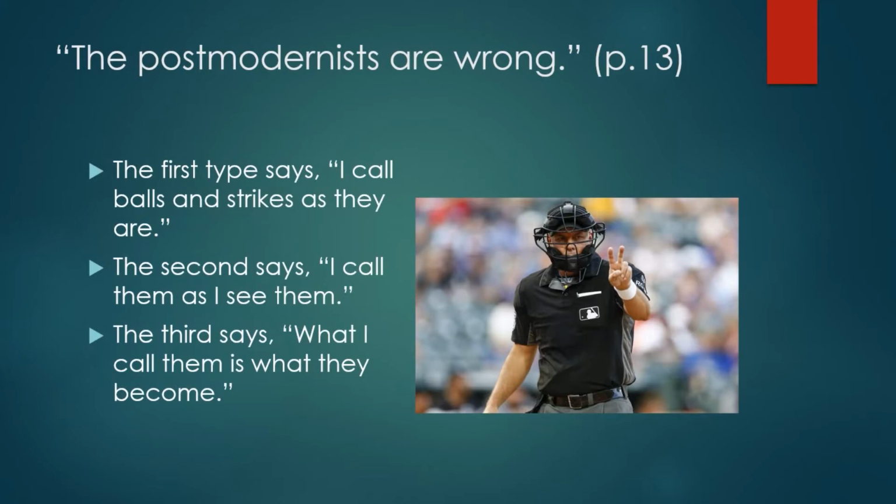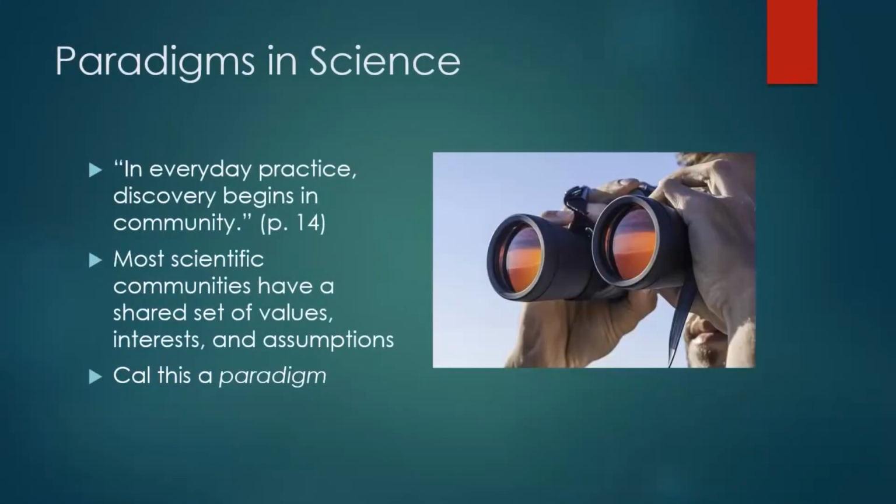Right. That's right. And I think that's important to remember when learning stuff like this as well, that it's only true right now. It might be true, but in the future you never know. That's the difference between the first and second type of umpire. That's the difference between calling them as they are and as I see them. Right. Good. All right. Okay, so